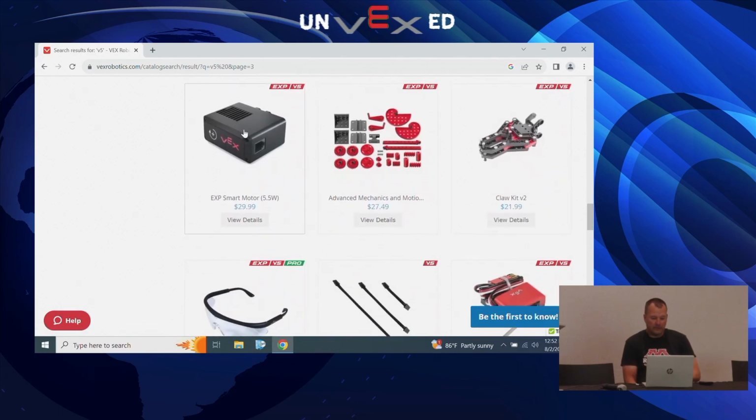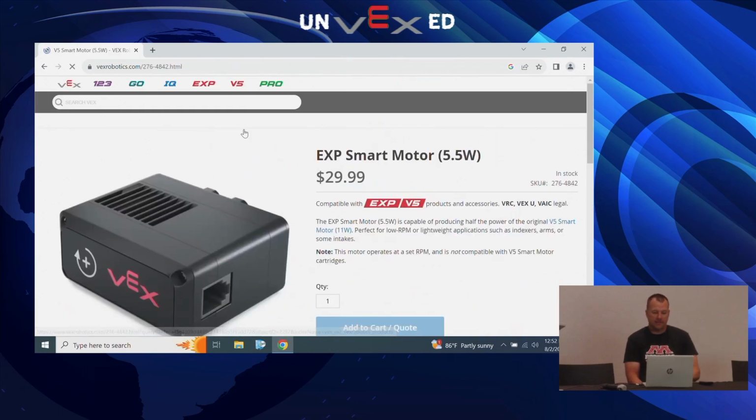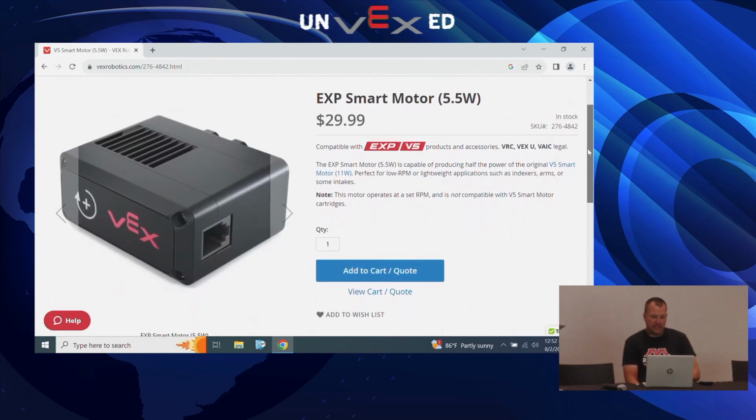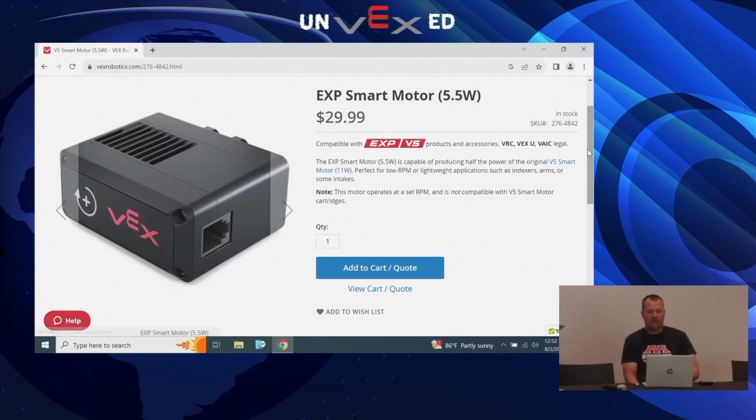Here are the new 5.5 watt motors that VEX has offered. You can use these in combination with the 11 watt motors, again up to a total of 88 watts. So if you use 7 11 watt motors, you could then expand and have 2 5.5 watt motors. The big difference with these is